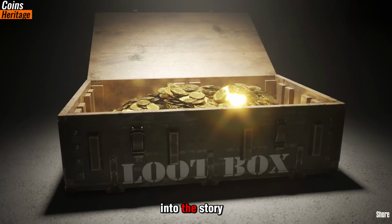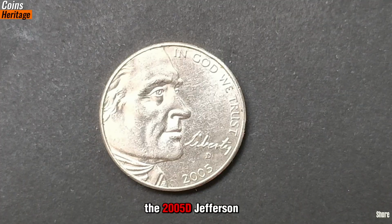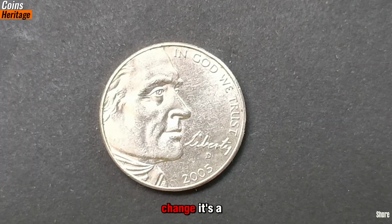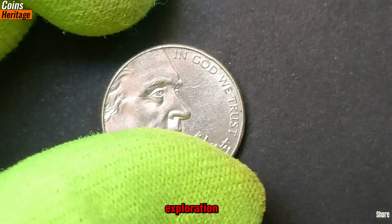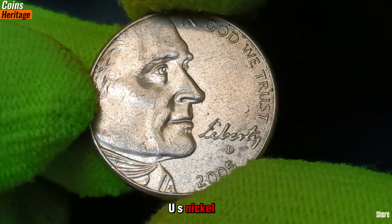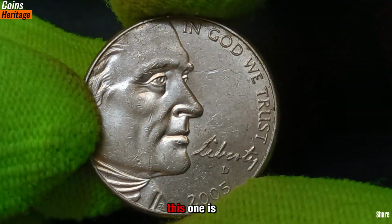Today we're diving into the story behind a unique and historically rich 5-cent coin, the 2005 Jefferson nickel. This coin isn't just another nickel in your pocket change. It's a tribute to one of the most significant moments in American exploration, and it marks a special turning point in the design history of the U.S. nickel. Whether you're a new collector or someone just curious about the coins in your jar, this one is definitely